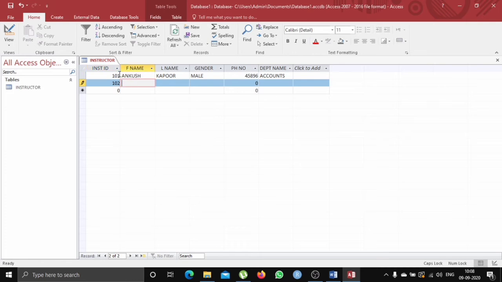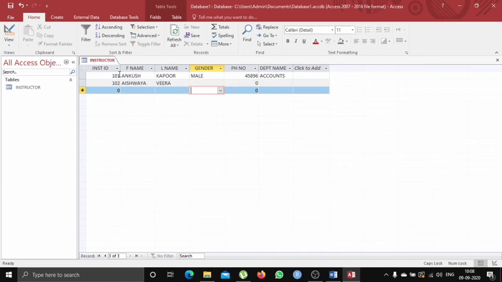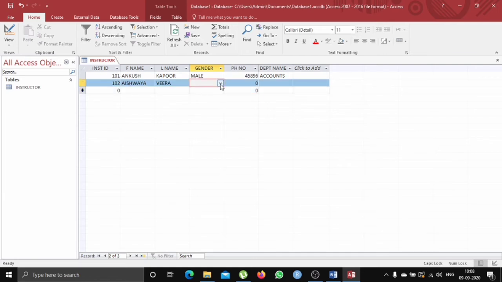Let's take the next name as Aishwarya, and the gender is to be female. So since we chose the data type as lookup wizard, we can enter our own criteria, as in gender, where we have to consider male or female.